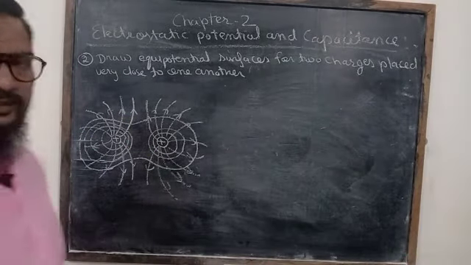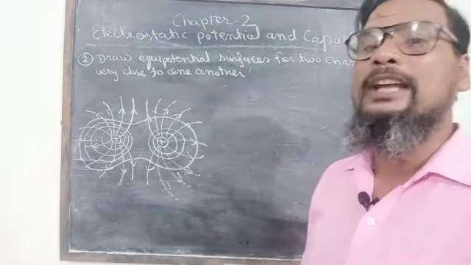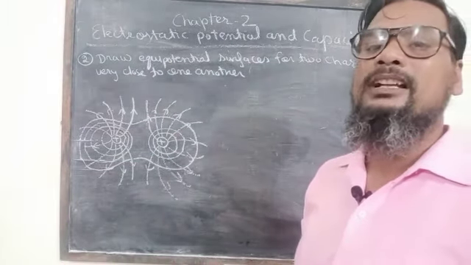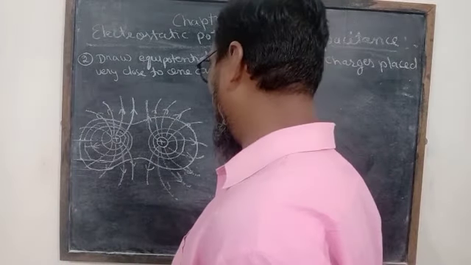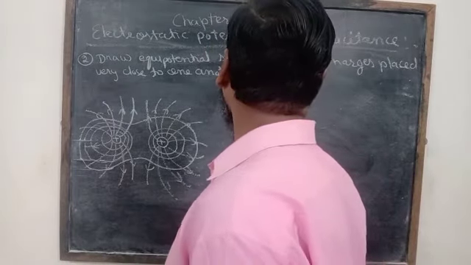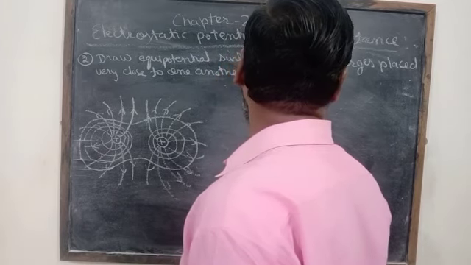This is the pattern for equipotential surfaces when two positive charges are placed close to one another. And for the second case, when two negative charges are placed close to one another, then in that case we